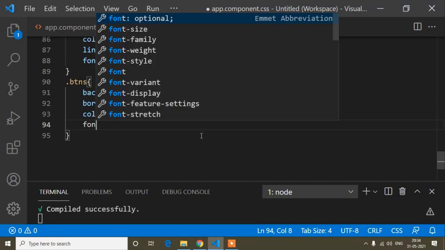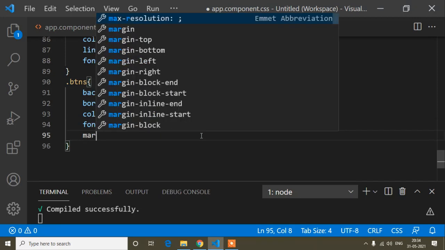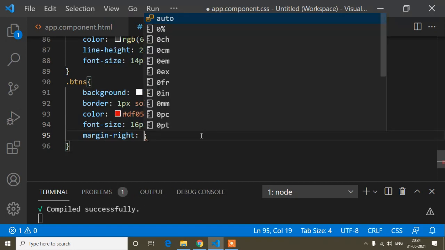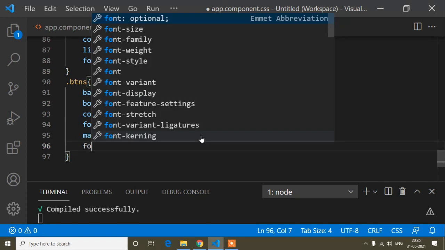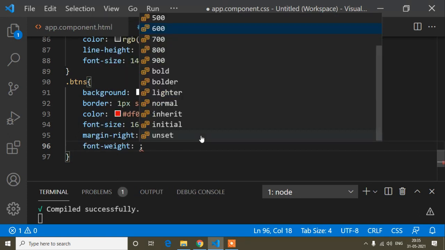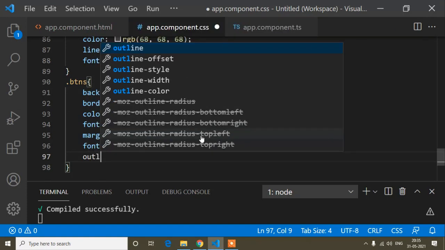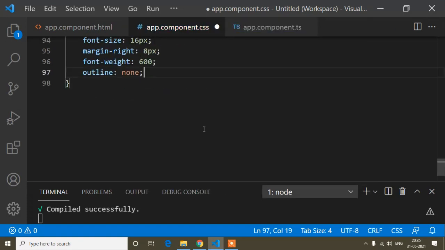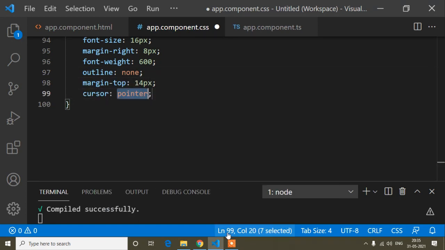So font size is 16 pixel, and margin right is 8 pixel, and font weight is 600, and outline is none. And now I will write margin top. So margin top is 14 pixel, and cursor is pointer.